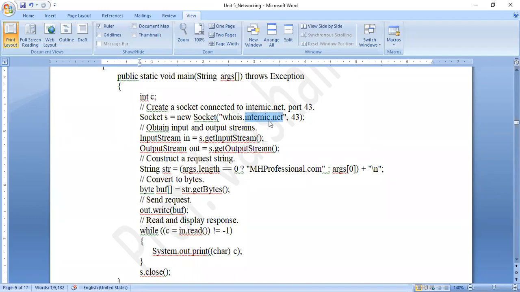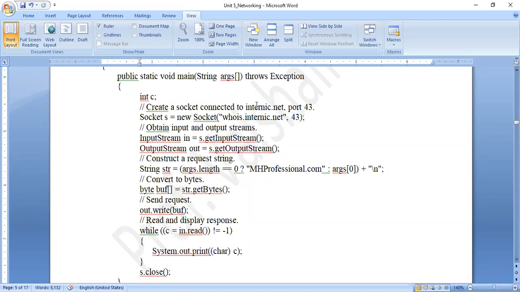Whenever I want to host my website, I register my domain name. Whenever the domain name gets registered, its information is automatically stored in a special website called internic.net. And suppose I want to ask for a particular domain name and its IP address, then I make use of this whois protocol, which is port number 43.